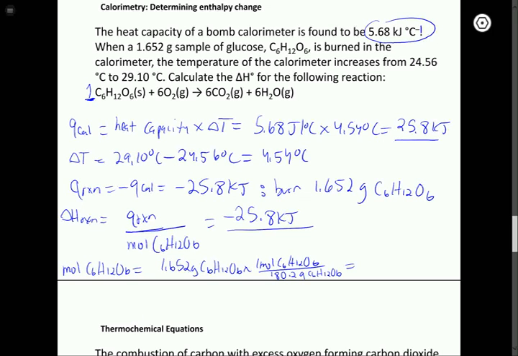So when we convert the mass amount into moles, we get 0.008668 moles. So if we divide the heat from this reaction by the moles of glucose,